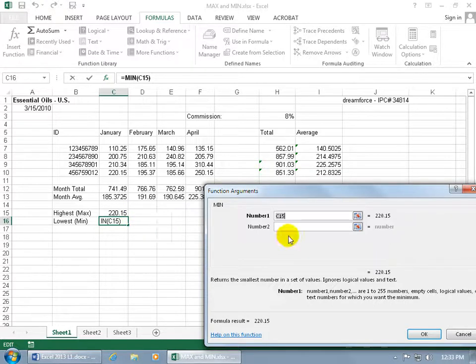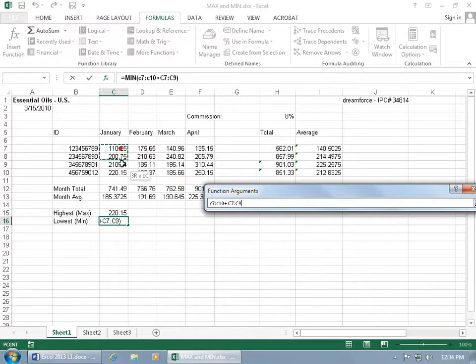So what I can do is I can go ahead and type in the range. C7, it can be lowercase, colon, which means through, C10, and then you can see the values are selected right there. The end result is 110, so you can kind of check yourself before you accept it to say, okay, that works. Or you can click on the collapsible dialog box button and then click and drag the